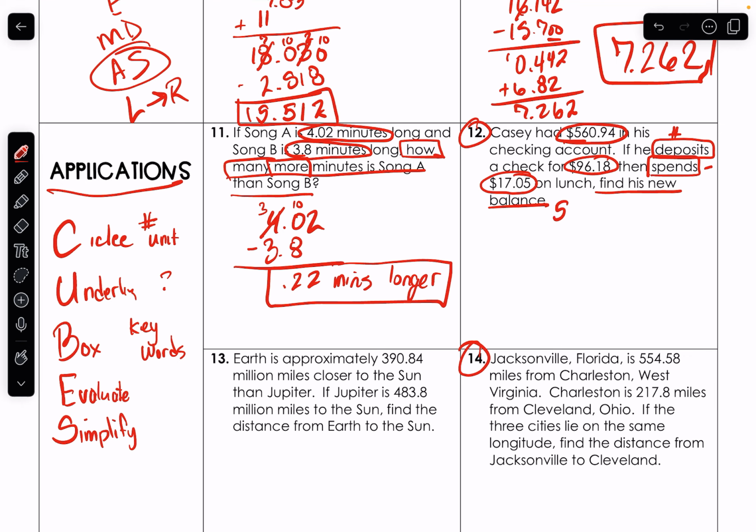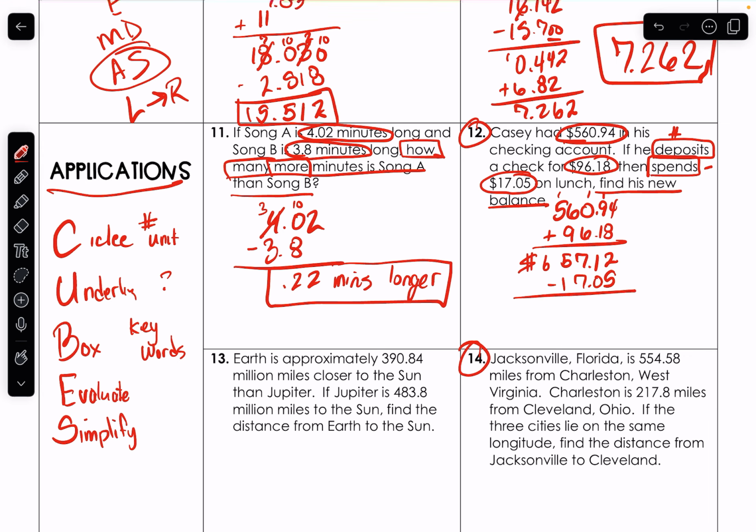So we're going to do $560.94, and you add $96.18. So 2, carry the 1, so we get 9, 10, 11, carry the 1, 7, no regrouping, 15, carry the 1. So he has $657.12, and then he's going to spend $17.05